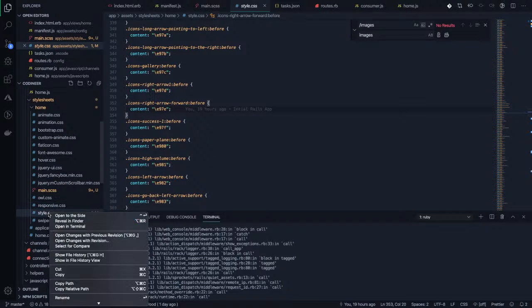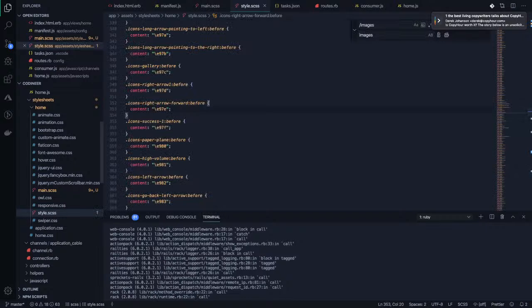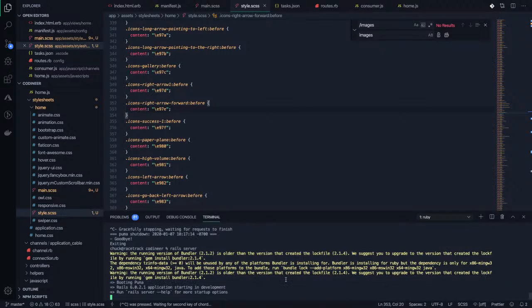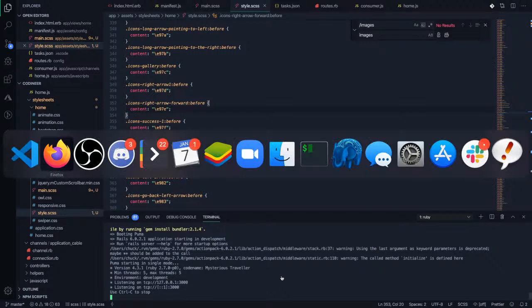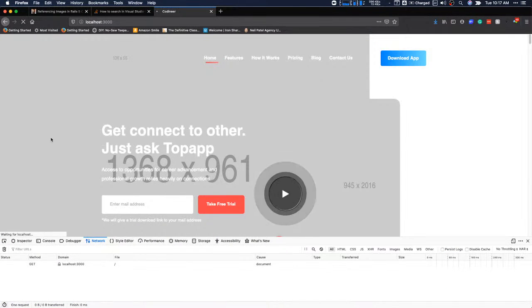I'll rename this one too. I'm just going to restart it because I don't know if it caches like the .css, and now that I've changed the file name, I don't really expect this to have fixed it, but